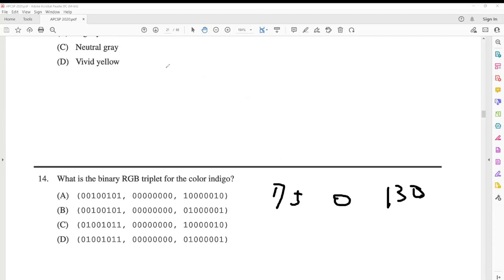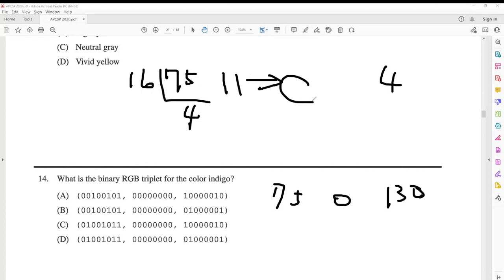So basically 75, you divide by 16. So you get 4, 16 times 4 is 64. So you get 11. 11 actually is C, so 4C. Let's look at 4C. Cut it over here. Only this one's 4, 4. So A and B are done. This one C. So basically using the 75, you should find your answer is either C or D.